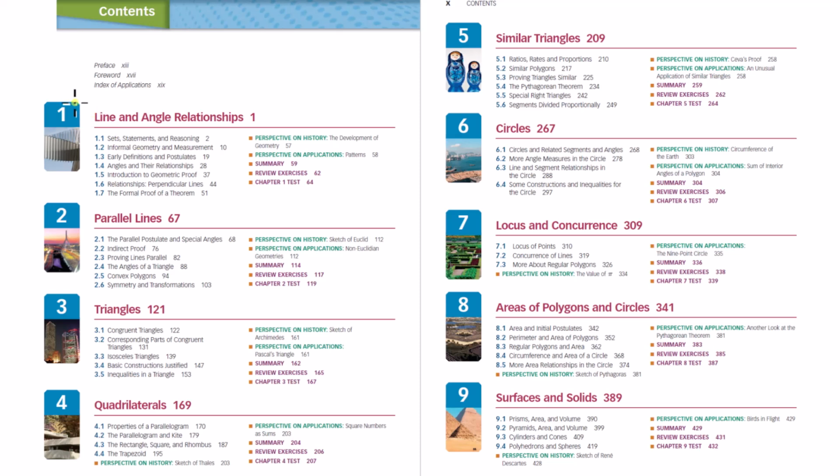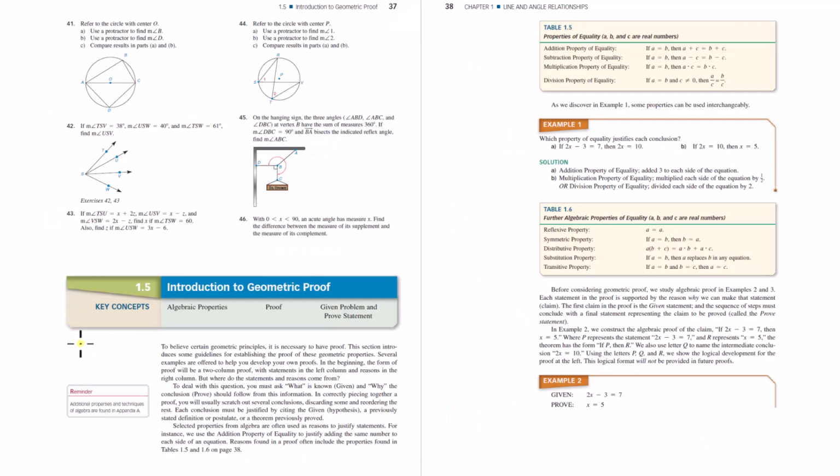We're continuing with Chapter 1 in the geometry textbook. In this video, we're going to go through section 1.5, which is an introduction to geometric proof. So as I've mentioned in previous videos, in this course, when it comes to topics like geometric proofs and strict